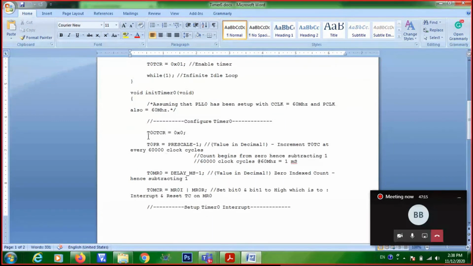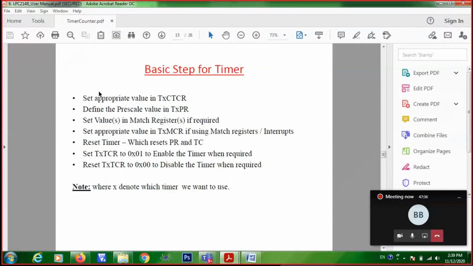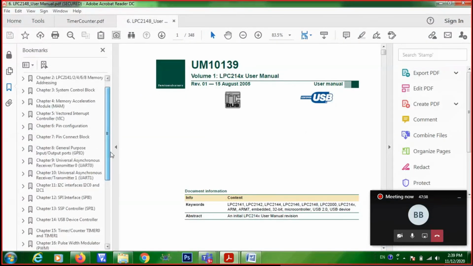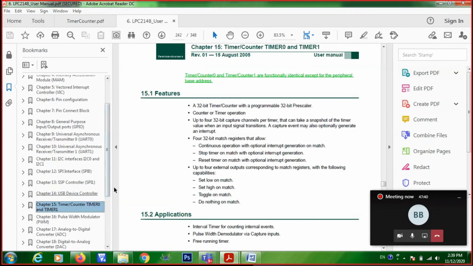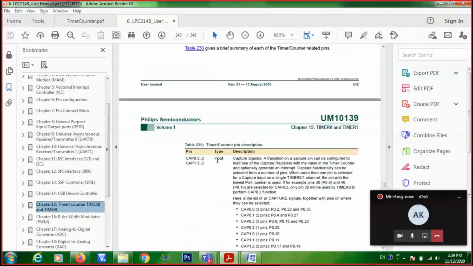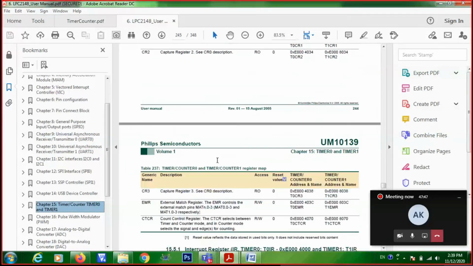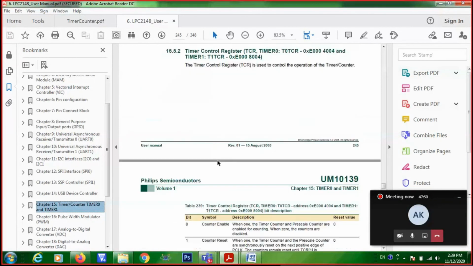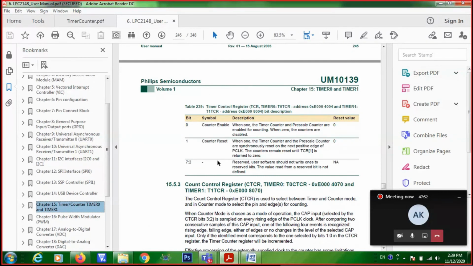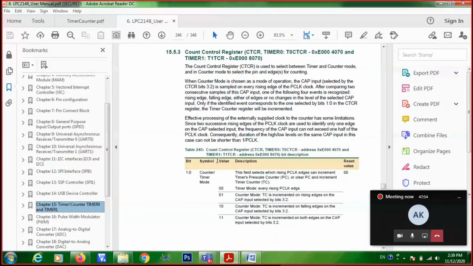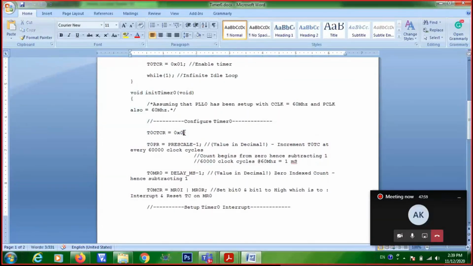Then what is the next step? You are making T0 CTCR equal to 0, 0. What does this statement mean? You are configuring the timer in timer mode of operation. From this program, we'll try to relate with the data sheet and user manual also, right? So here you are writing T0 CTCR equal to 0.